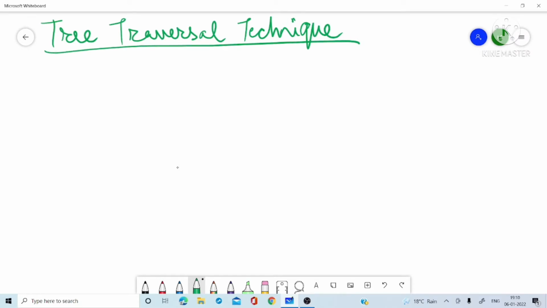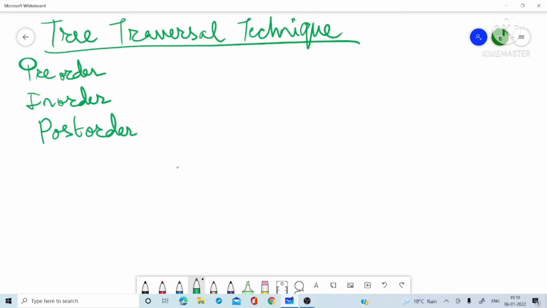Basically, there are three traversals that we have to know, and they are pre-order, in-order, and then we have the post-order. In the pre-order, what do we write?